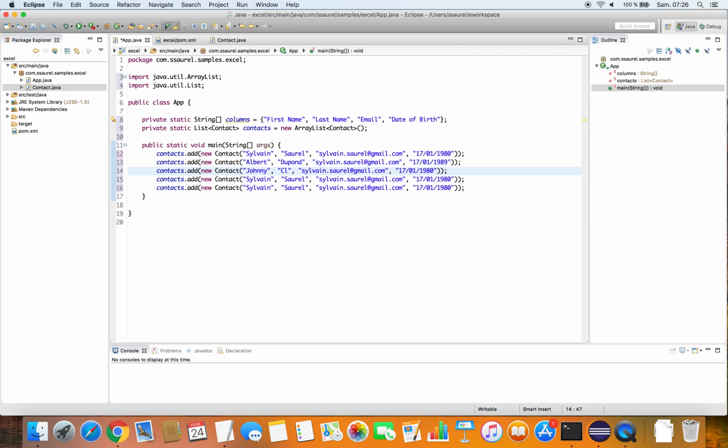We add some contacts. We change the first name or the last name for the contacts, and the date of birth.